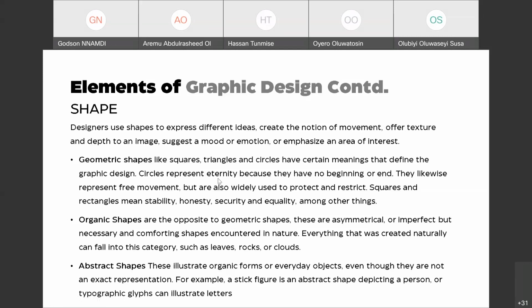It represents eternity, mostly associated with the shape of the earth and the shape of the globe generally. So that's why it is associated with eternity, because it has no beginning or end. They likewise represent free movements, but are also widely used to protect and restrict. Squares and rectangles mean stability. From what I said earlier, a square has equal sides. From those equal sides, you can associate it with stability, honesty, security, and equality, among all other